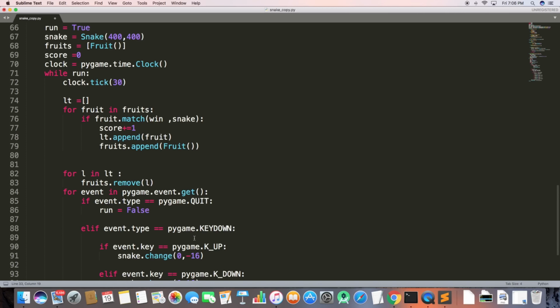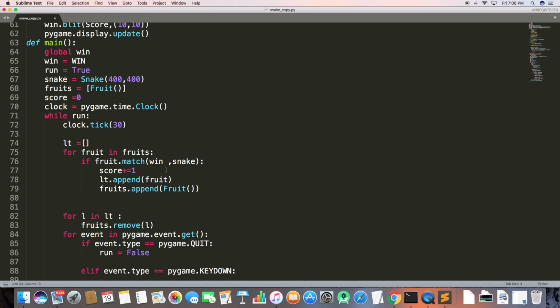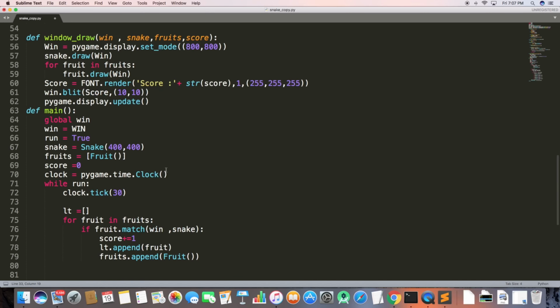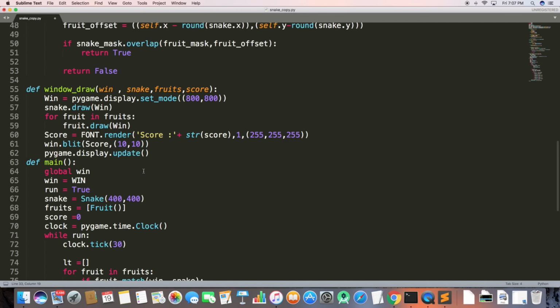So what we need is, here we will be passing a tail when there's a match between fruit and snake. That function just checks if the snake has eaten the food or not. This is why it's fruit.match(snake, window) and snake.